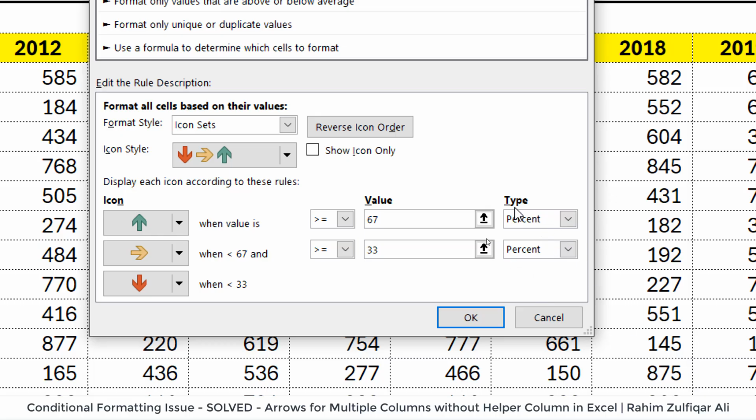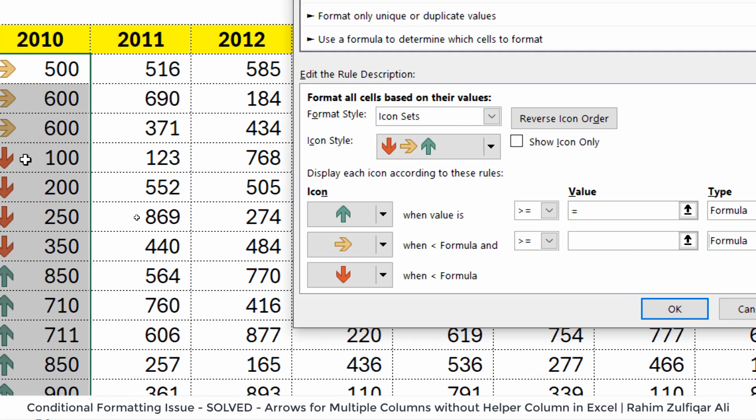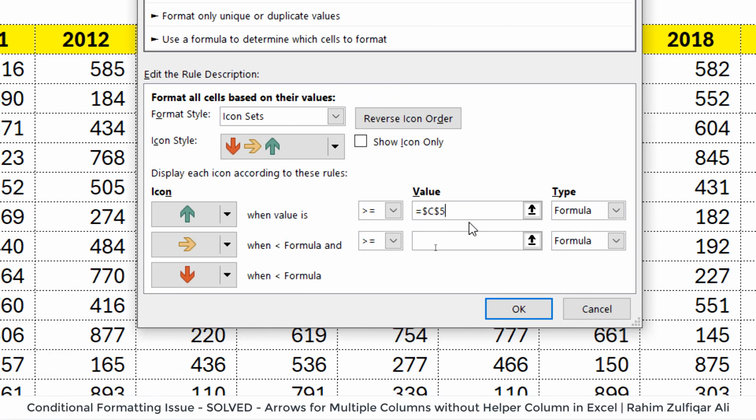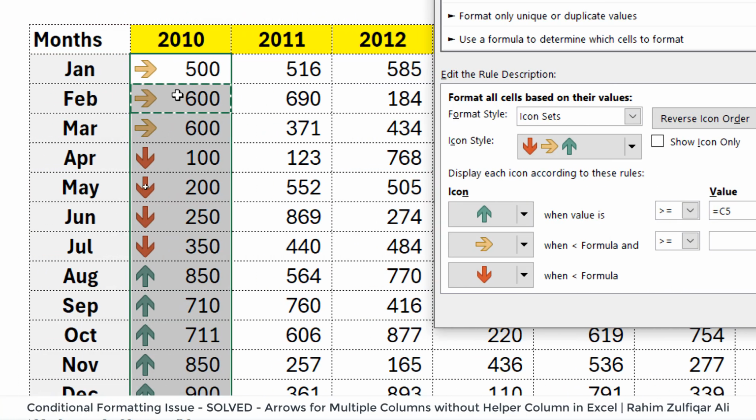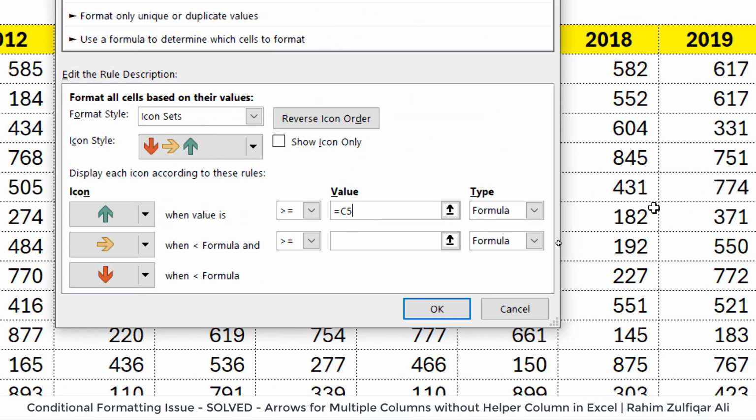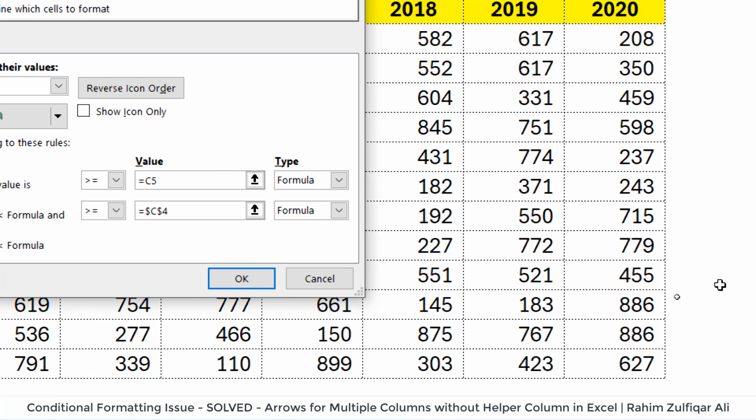Here first we will change the type. So the type will be the formula because we are required to place the logic here. Now if I type here equals to, if this particular cell, now you can see this is absolute, I will change it to relative because when it goes down, this logic goes down, every current month will check with the previous month, and whatever the variance is, if it's positive then green arrow, if it's negative then red arrow, if it's equal then yellow. So if equals to C5, that is the relative reference, and then equals to C4,